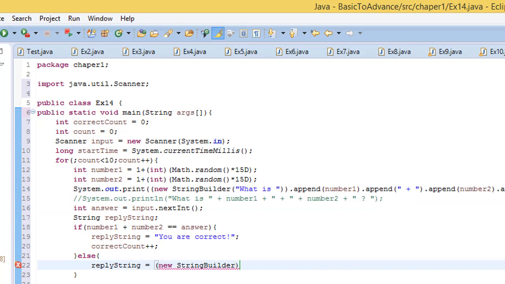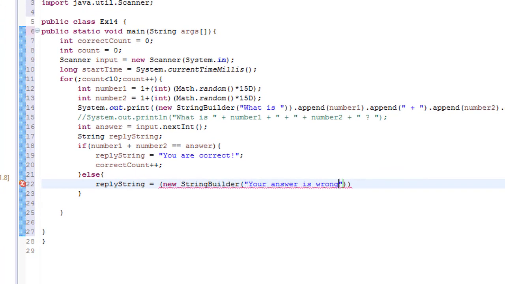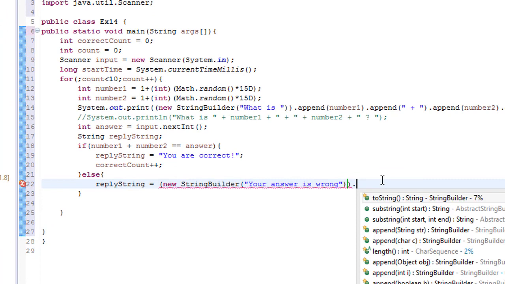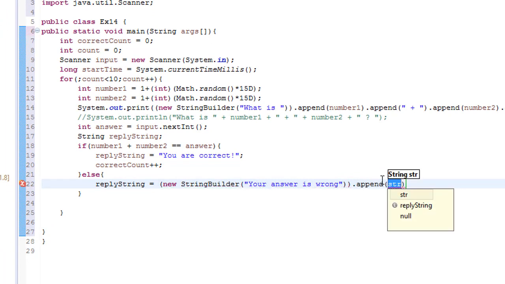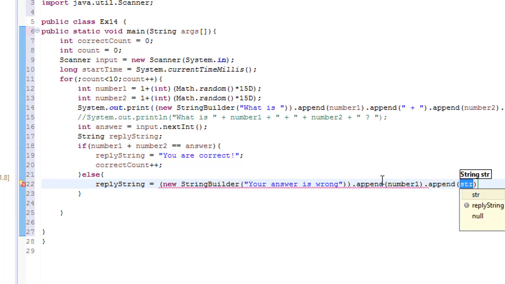New, then you type your answer is wrong, and then we do append with number 1 dot append plus sign and then dot append number 2, dots,